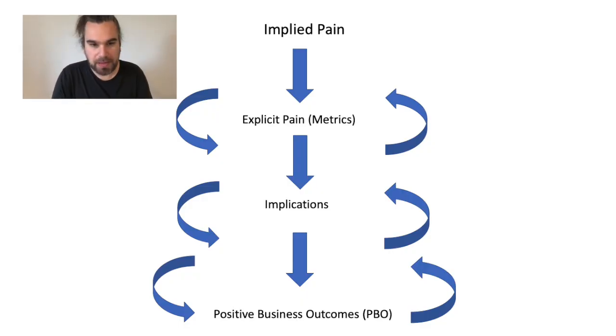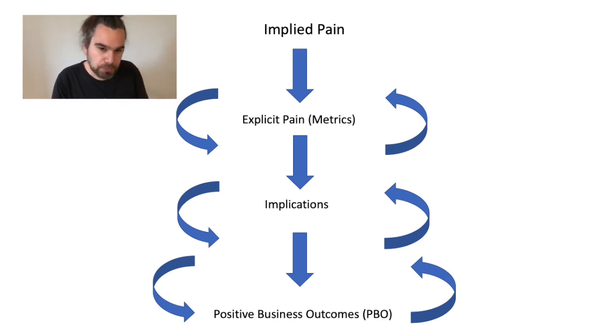We then need to talk about the implications of pain. What do we mean by implications? You've probably heard of this before because it's used a lot in SPIN, but fundamentally implications is what is the outcome if you continue to do things this way? And it's often perceived as a negative event. So if you continue to spend time and money on doing tasks that aren't generating revenue, how's it going to affect your business? Implications are really interesting because they give us a couple of cool things that we can use later in the sales process.